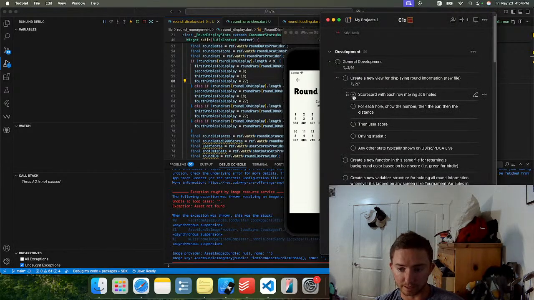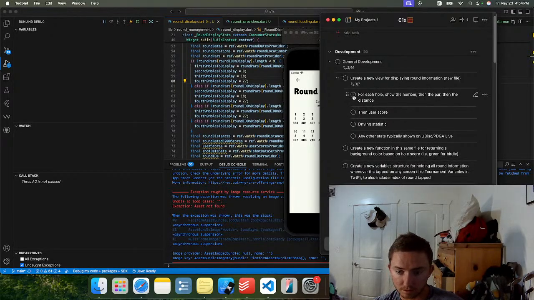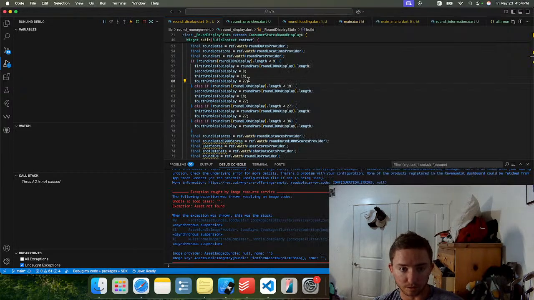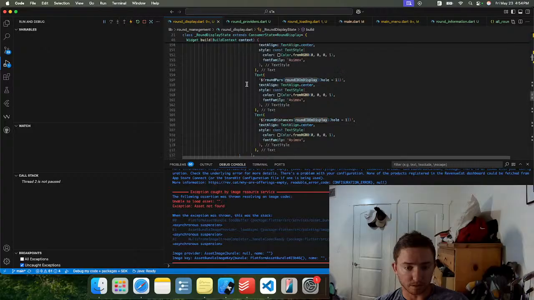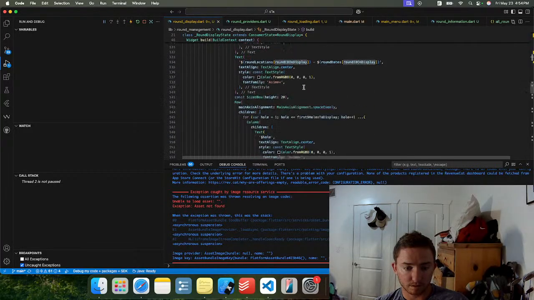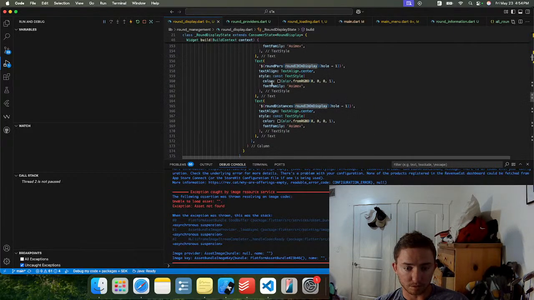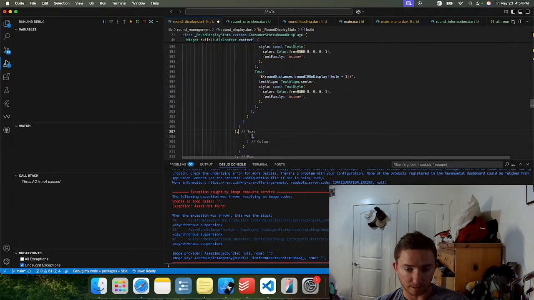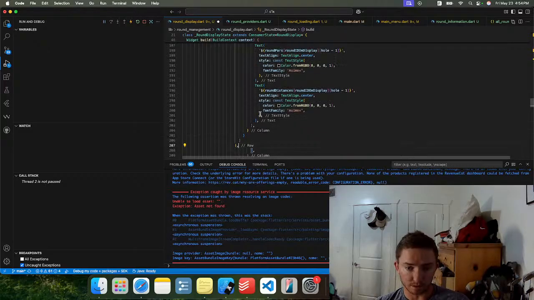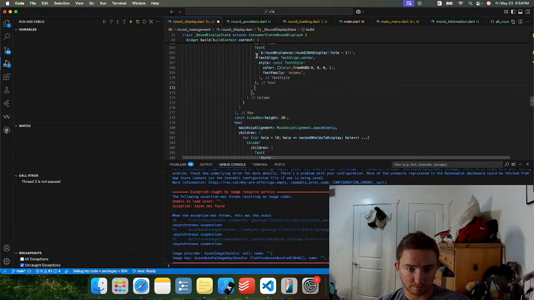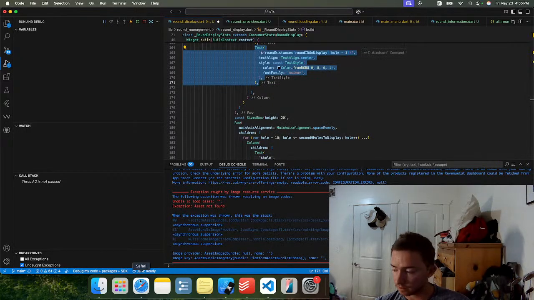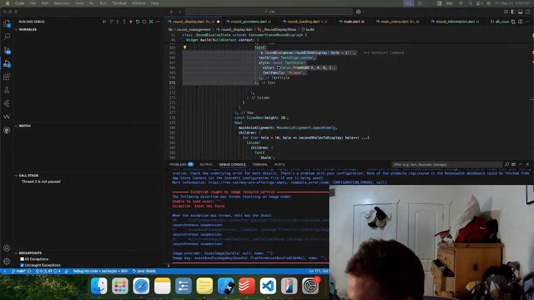Scorecard with each row maxing at 9 holes, yes. Number, par, and distance, yes. The user score on that hole, okay. So let's go to the first one. First 9 holes to display, round distances. And then I want user score. This is ultimately going to end up being in a box, which I think I can also pull from